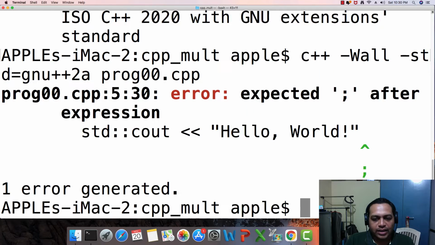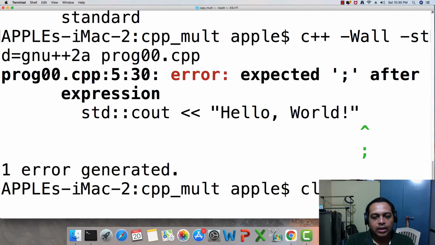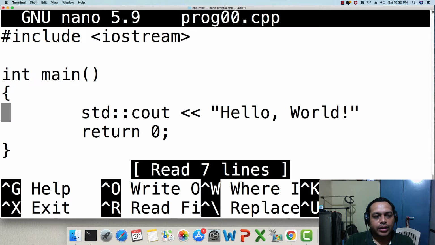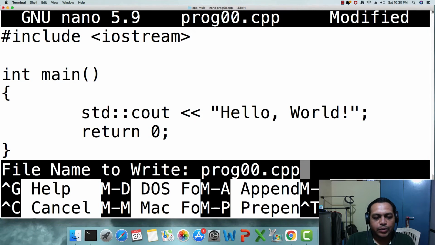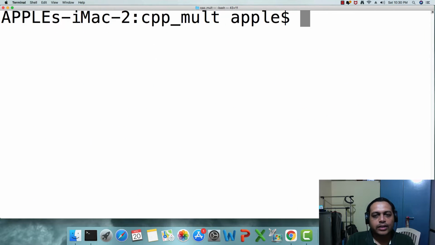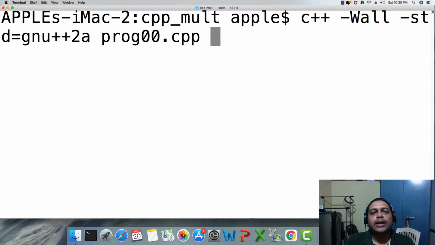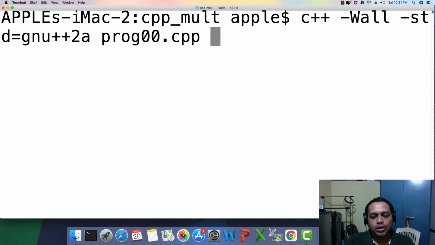Okay, so I think that we have made a small mistake, and here we are going to rectify that mistake, and let us save the program. Let's clear the console and let us compile that program again. C++ hyphen Wall, where W is in uppercase, hyphen std gnu++2a prog00.cpp,